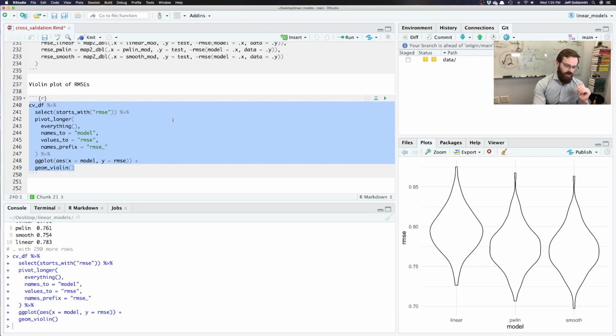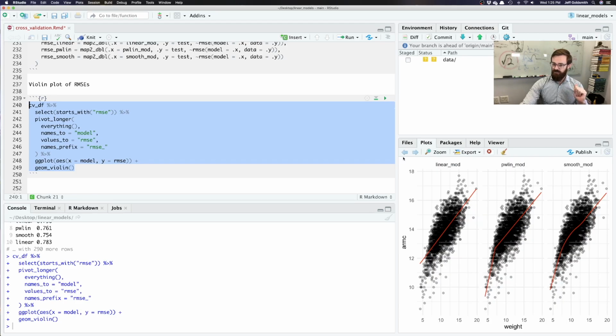And I think this is why very often model selection in practice is not so easy, because I've got three different kinds of fits, right? I've got one that's a straight line, one that's piecewise linear, and one that's smooth. And now I have to pick in a way, at least in this instance, that is not entirely driven by